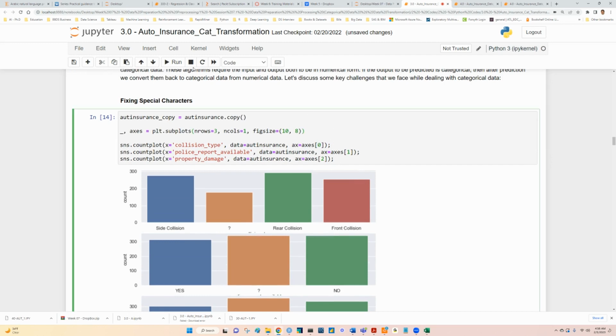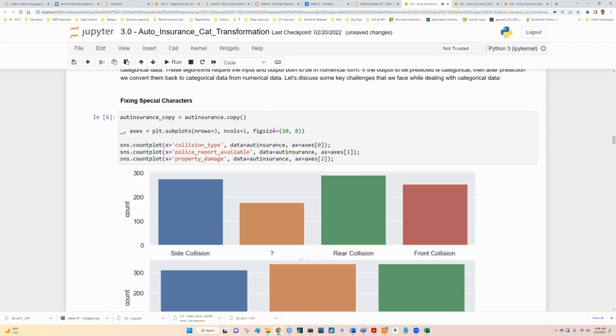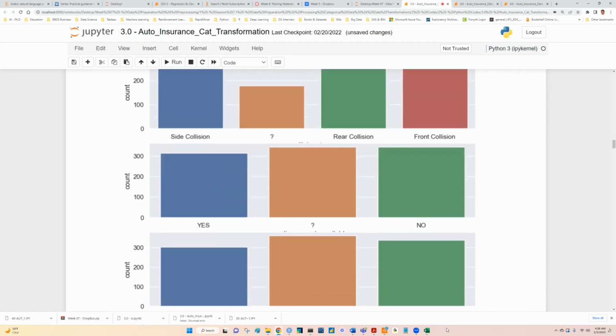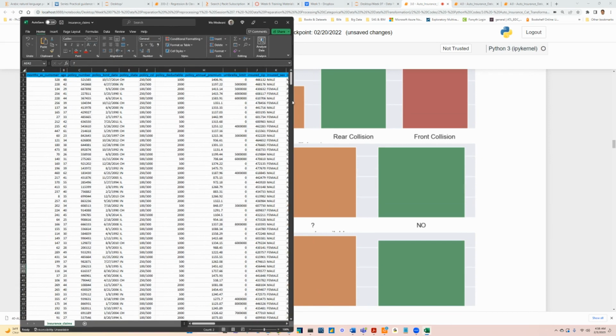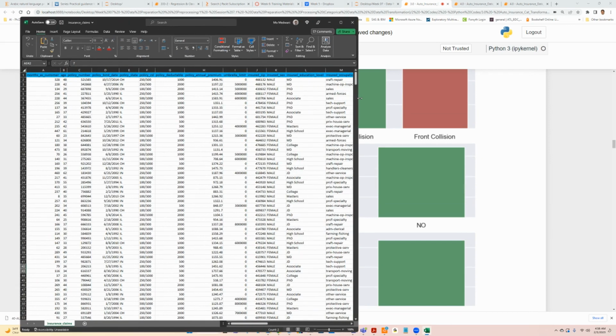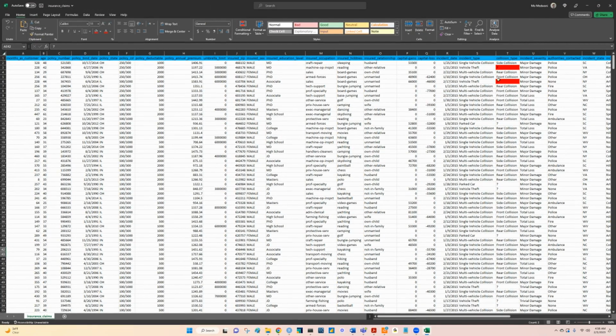Yeah, so a few things. We need to deal with the question marks. So these are the question marks that we have. We are going to assume for now that these question marks, although in reality we need to investigate, are missing values. Okay,